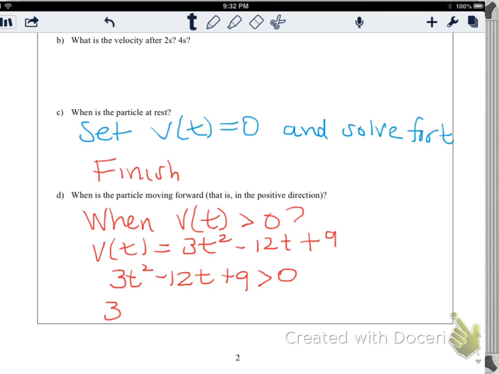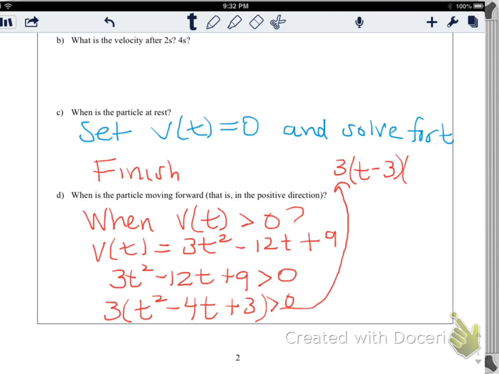Well, we can factor out a 3 to make life a little easier for us, if I can factor correctly. So that'll be t squared, we divide 12 by 3, we get minus 4t, and then plus 3, and this is greater than 0. So then we have 3, and we can factor that to t minus 3, t minus 1, greater than 0. And so that tells us,